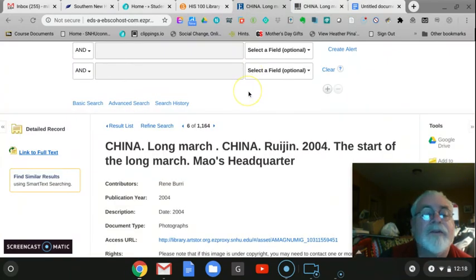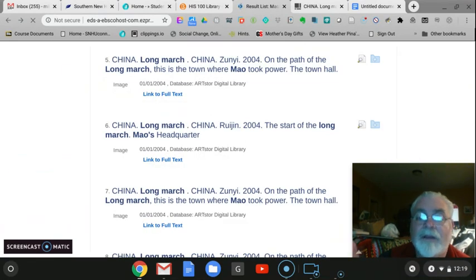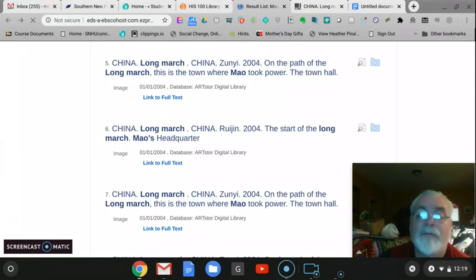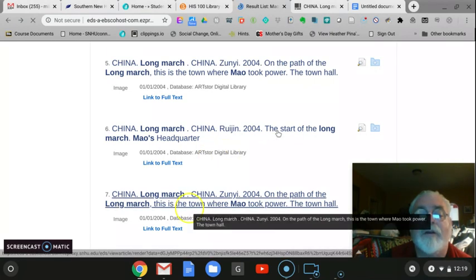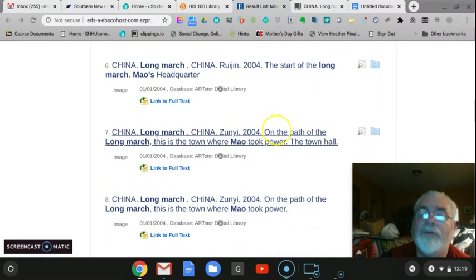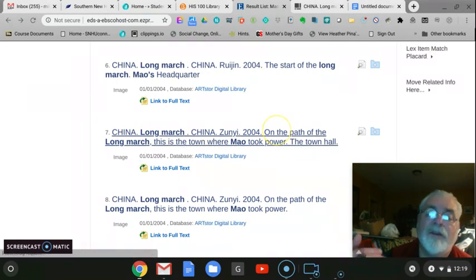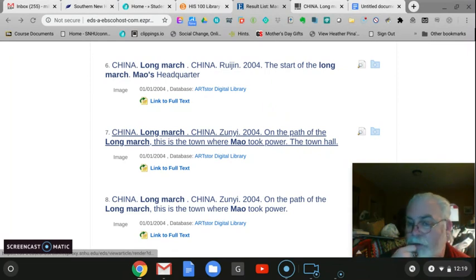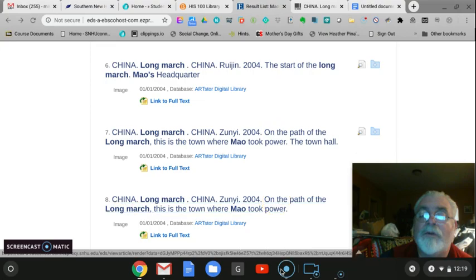Okay, we go back to that window. So, this is going to take some time. This is not easy. I spent 3 minutes here, and you can tell that this is not even something you're going to want to look at. You might want a picture. That might be something you might want to use, but no. You may want to look at other things. This is the town where Mao took power. Okay, this might be something. So look through these, and then use those for your project 1. And if you have any questions, of course, please give